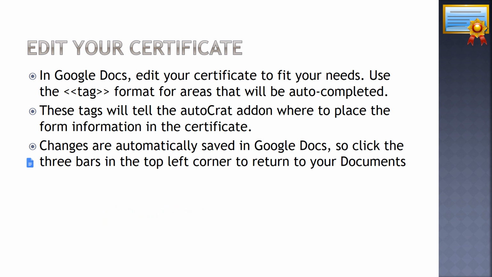In the certificate template, you can put fixed content as text, like college name, logo, course name, etc. But particular data of the participants has to be collected from Google Forms. For this purpose, we use tag codes as shown here. All the changes get saved automatically in Google Drive. So come back using the blue account shown here.